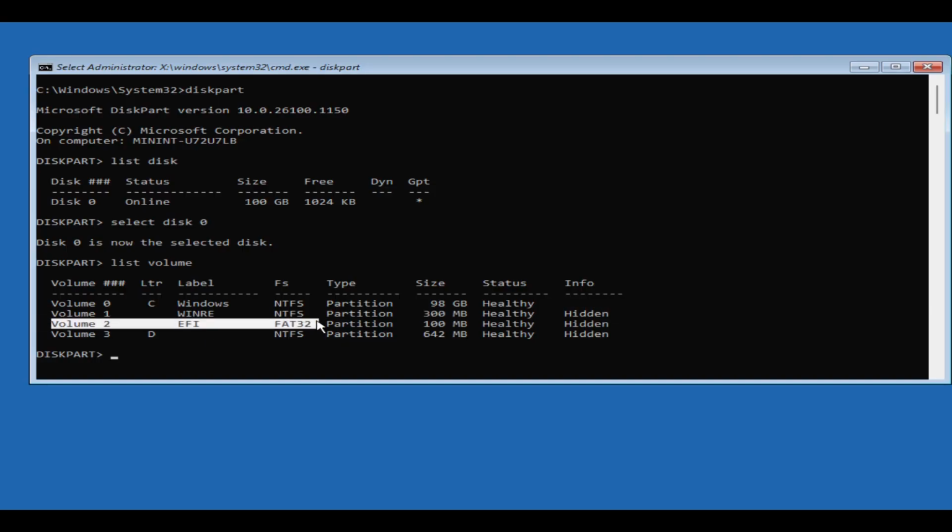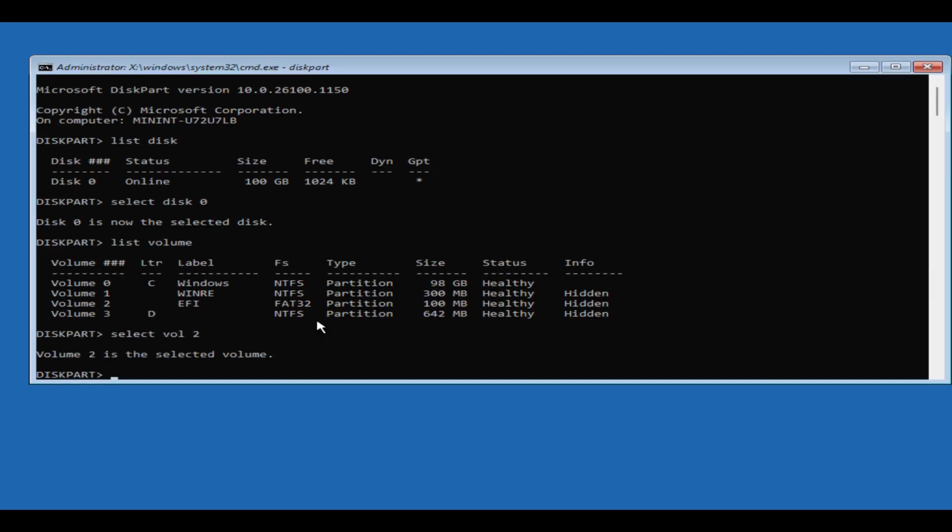It's 100 megabytes. It's a FAT32 partition. It's definitely my EFI partition. So I'm going to select volume 2. Again, you select whichever volume applies to your system. Select that one. And now what we're going to do,